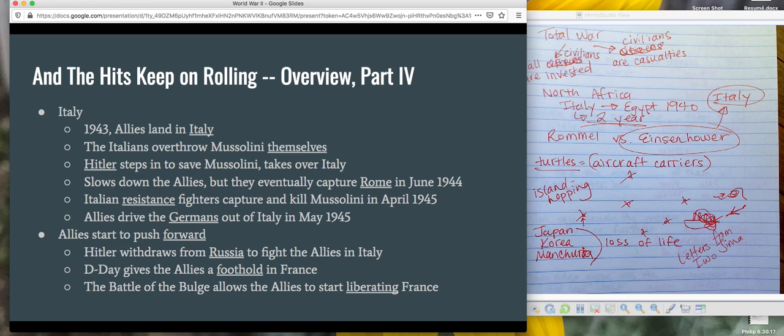All of this is really depressing, though, except for occasional successes and when Hitler commits suicide. It's really depressing. So in 1943, the Allies land in Italy, and if you are ever interested, again, it's a